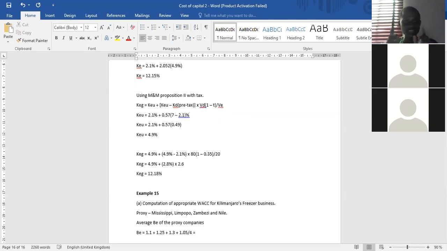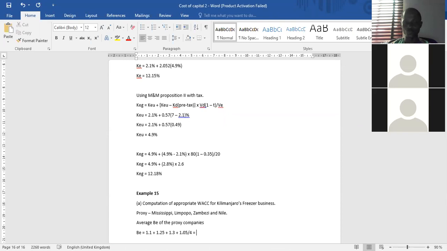When we are faced with this situation, this is the approach. That's the reason why I included this question in my back, so that when we are faced with a similar question, this is the approach you should take. You should not be confused in that, oh, I have 4 proxy companies, which one do I use? No, that should not be a problem to you. You are considering every one of them, adding all their betas together, and dividing it by the number of companies whose beta you have added together.